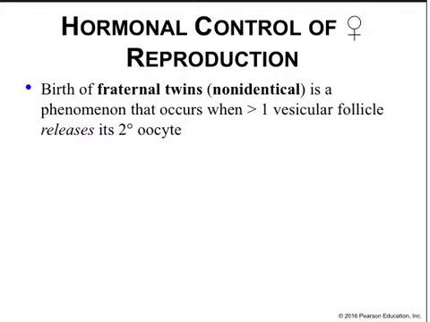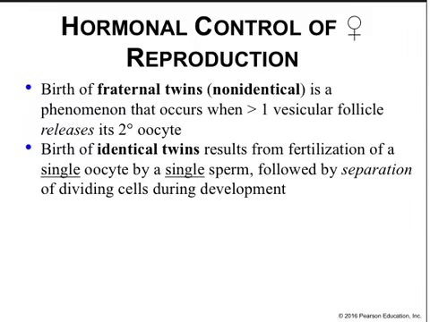The birth of fraternal twins is a phenomenon that occurs when more than one vesicular follicle releases a secondary oocyte. Identical twins result from the fertilization of a single oocyte by one sperm, followed by separation of the dividing cells during development. What's unique about these two situations is that in identical twins, the differences that are seen phenotypically, physiologically, biochemically, and physically are due exclusively to environmental effects, while in non-identical twins, fraternal twins, the differences are both genetic